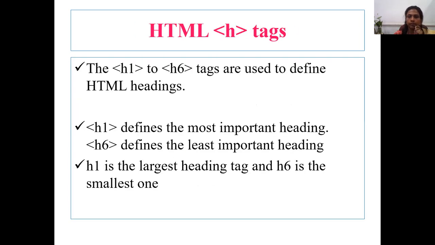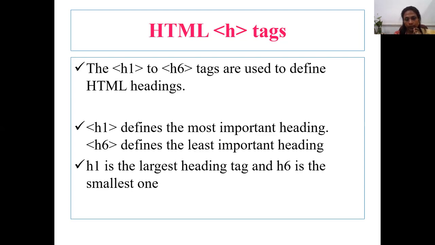So the first tag which we are going to look into is the H tags. In H tags, we have six different types of H tags, starting from H1 to H6. And these H tags are used to define the HTML headings. If we use the H1 tag, then any most important heading you want to give can go into H1 tags. And likewise, we have H2, H3, H4, H5, and H6. H6 will be the least important heading, or if you want to have some kind of subheadings, then we can go for the H6 tag.